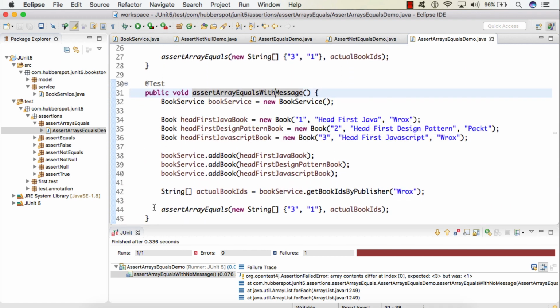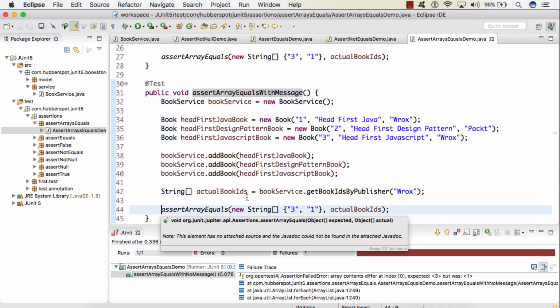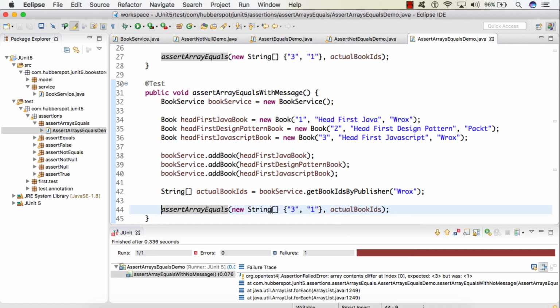The only difference in the second overloaded version is that it takes an expected and an actual array, and the third parameter is the string message, and this string message gets printed in our JUnit console whenever our test case fails.